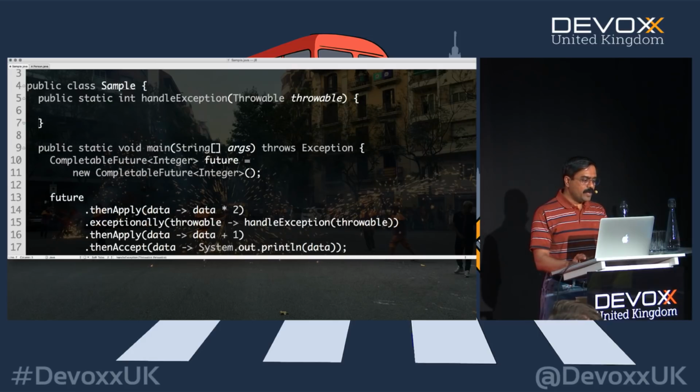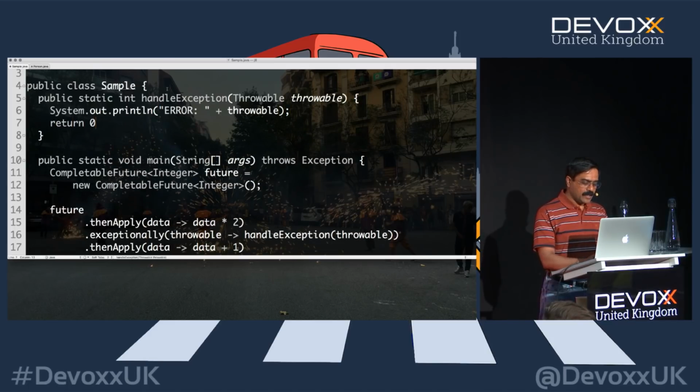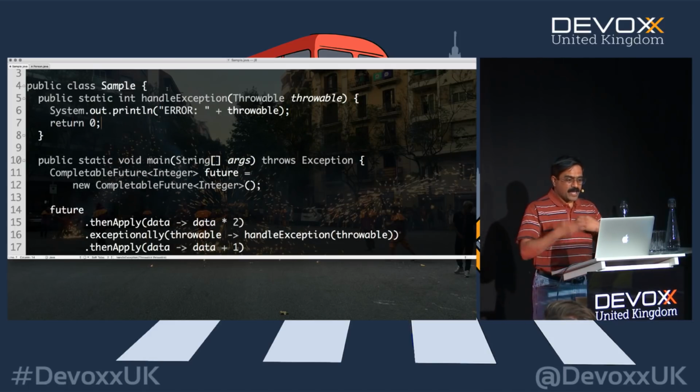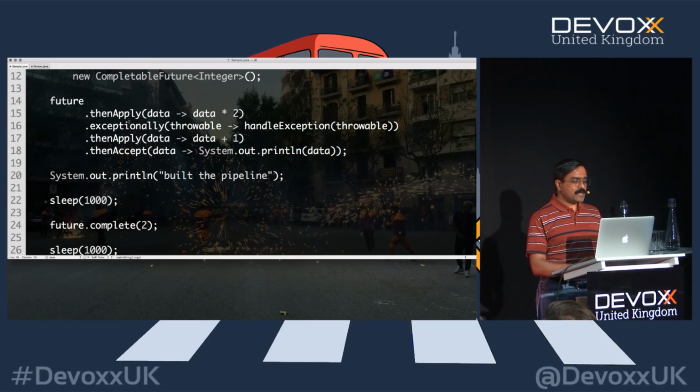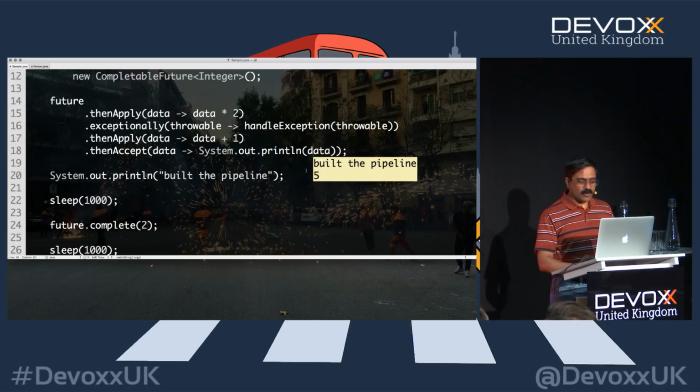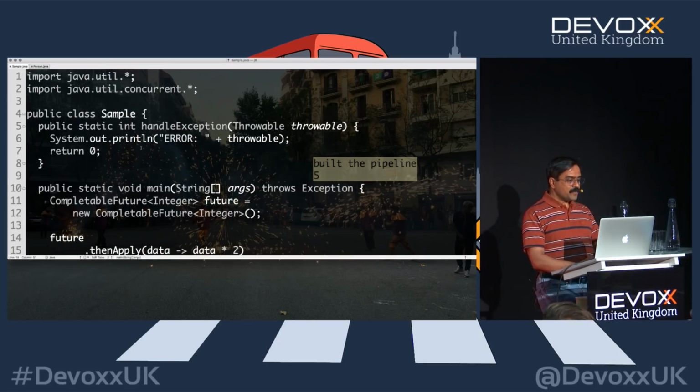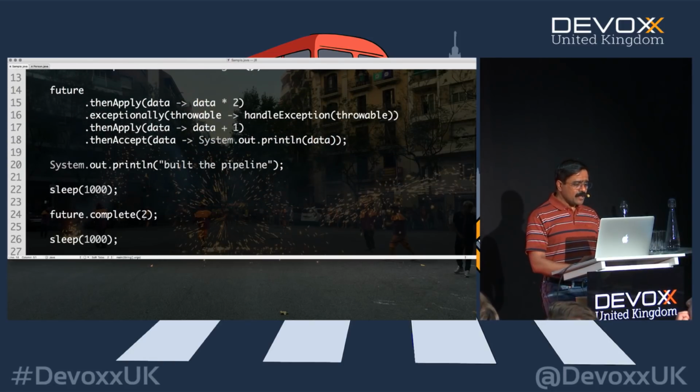And all I'm going to do here is to simply say output error colon. We'll print the throwable, but then we'll return, let's say, a 0. So I'm just going to say I recovered from it. I'm going to return a 0. I'm going to move on. So that is going to return a 0 when something went wrong. 0 plus 1 is going to be 1, and that's going to print a 1 if an exception were to happen. When I run this code, what's it going to do? Well, there's no error right now. So as a result, this guy here, completed with the 2, so we went to the nearest then.